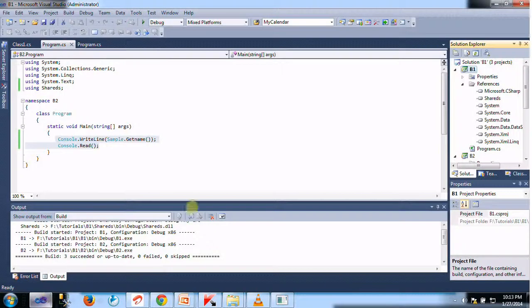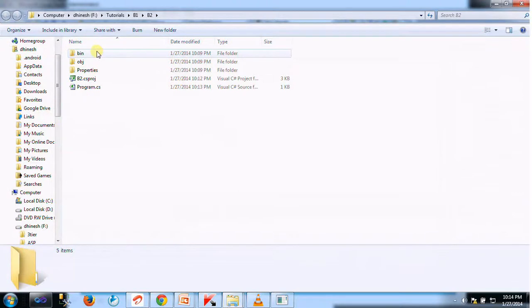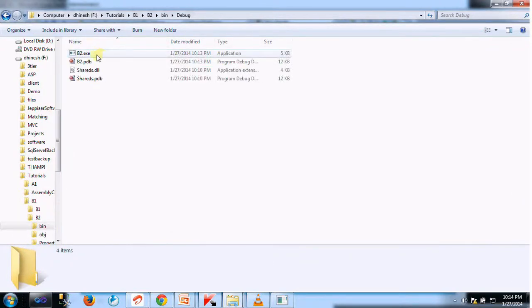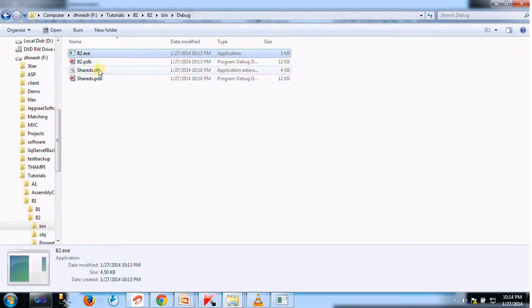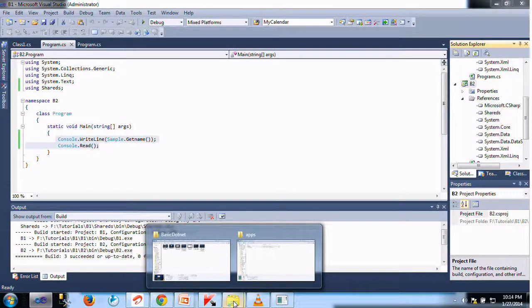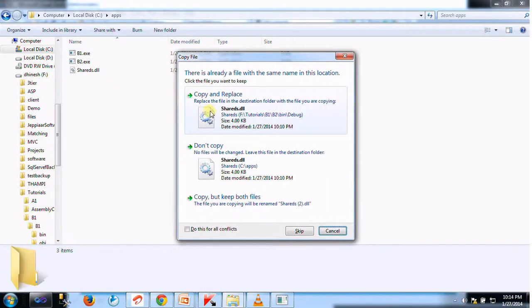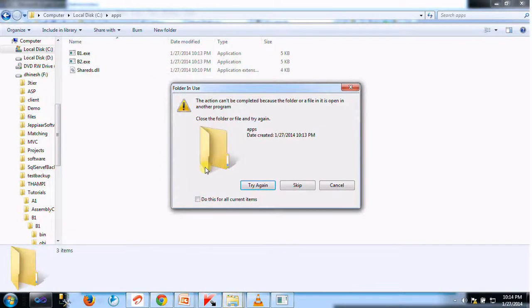Also copy the P2 application there. Go to P2, right click, open folder in Windows Explorer, open the bin directory, copy P2 and the DLL, and place it in the apps folder, copy and replace.